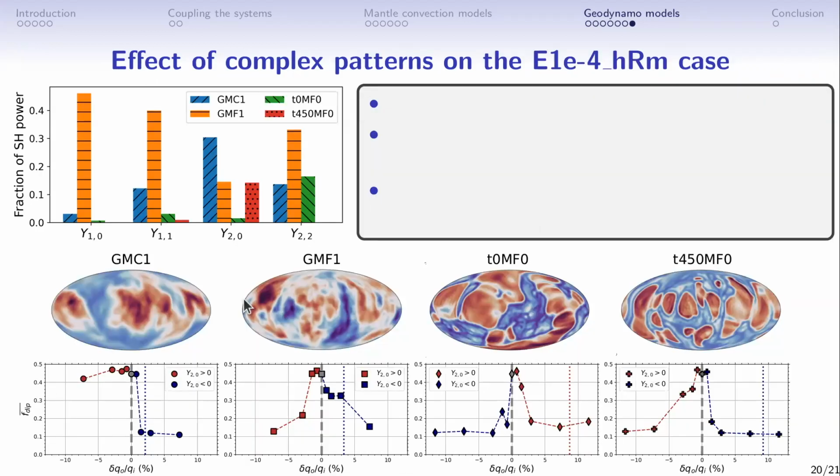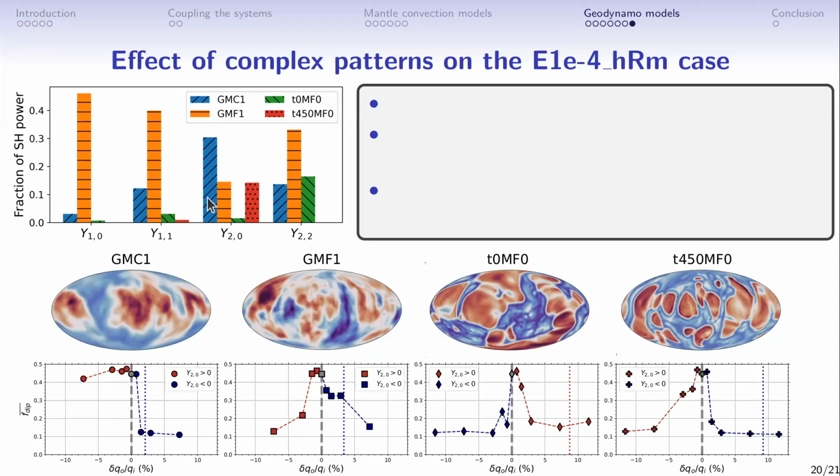So those results were for a simple large-scale pattern, but we are also interested in the effect of more complex patterns. So we also applied the complex patterns that I showed previously to the most standard case, again, the Ekman number of 10 to the minus 4. This figure gives the fraction of spherical harmonic power of the Y10, Y11, Y20, and Y22 components within these complex patterns. You can notably see that